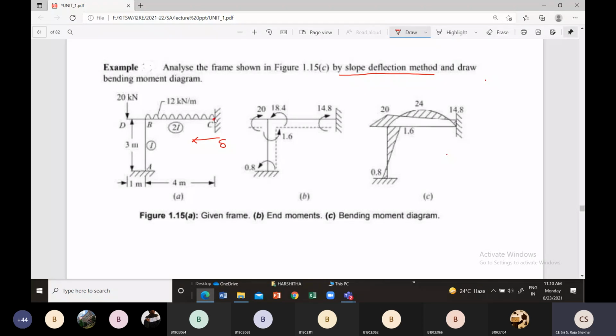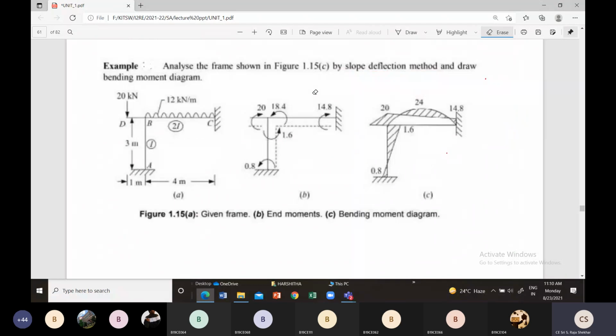Here it is arrested. The fixed support arrests this beam, so beam movement will not be there. So the horizontal settlement of this column will also not take place. Why? Because this beam and column are rigidly connected. So this delta sway is not possible. So this is non-sway. We can conclude this is a non-sway frame, though the material property is different and the loading is not symmetrical about the y-axis.